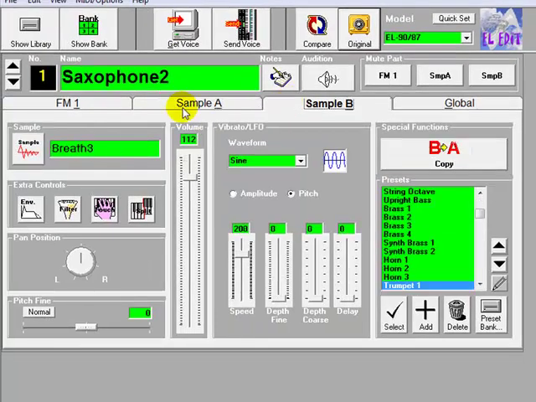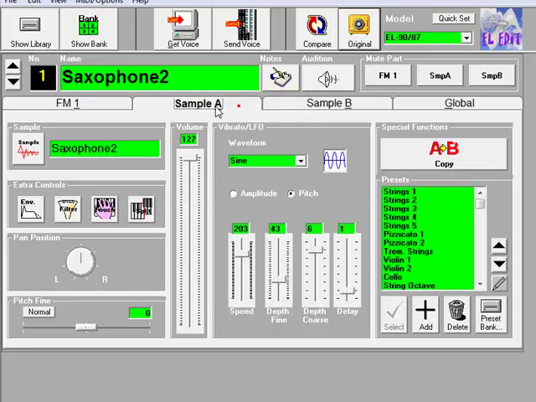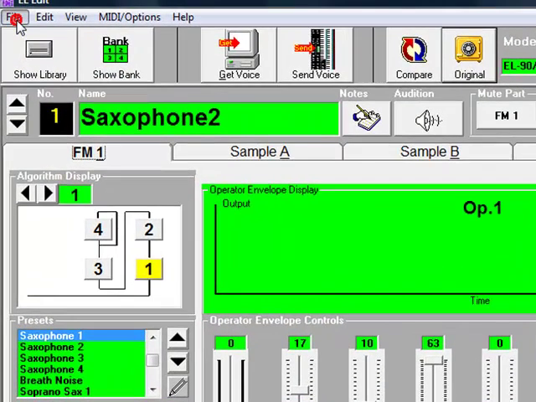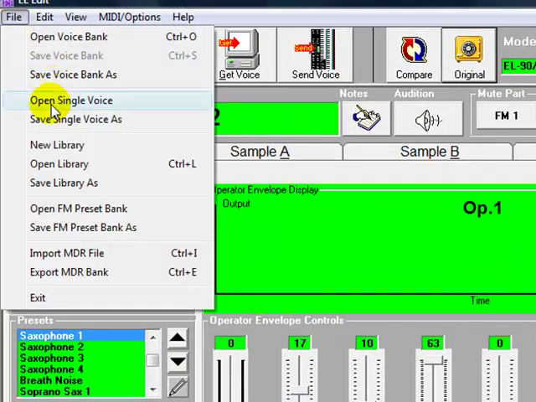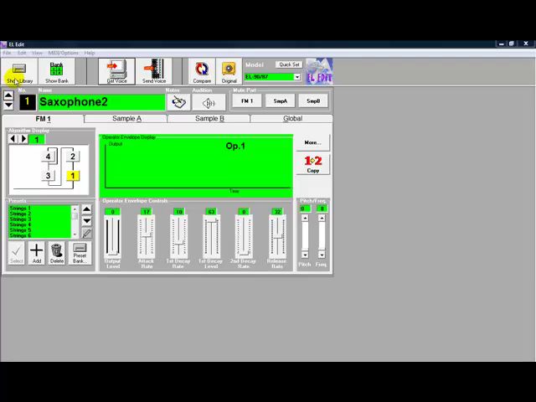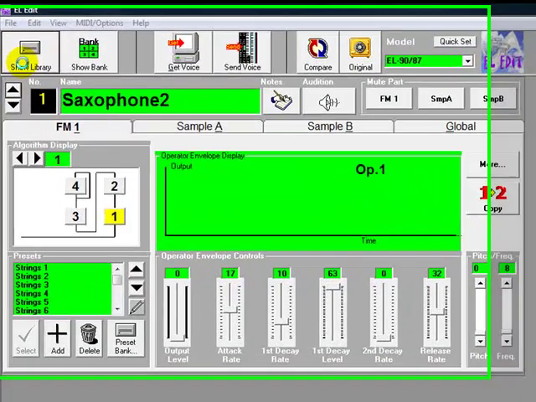So you can keep doing whatever you want to these sounds, and as soon as you feel like you've got a sound that you really want to keep, then you just add it to a library, or you can save it as a single voice, or you can save the whole bank with it as well. So let's look at the library function. I'm going to click on Show Library,